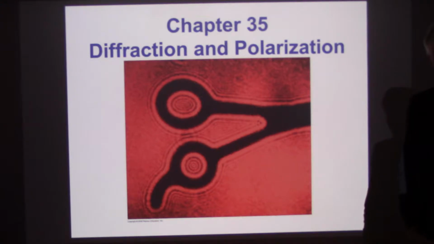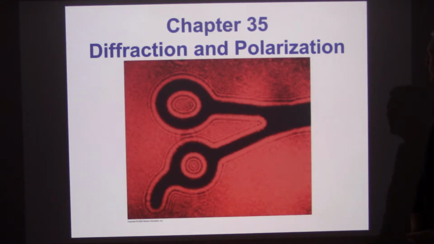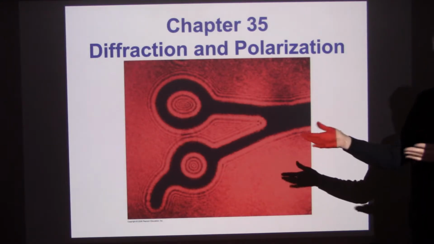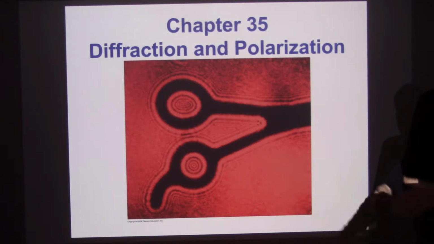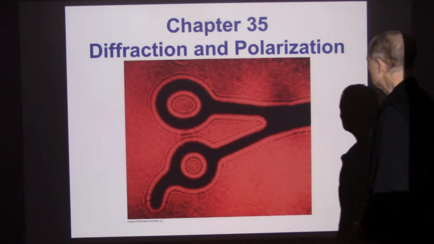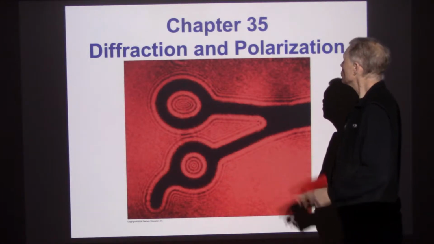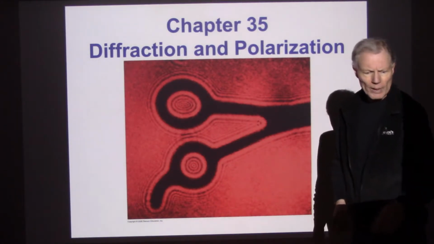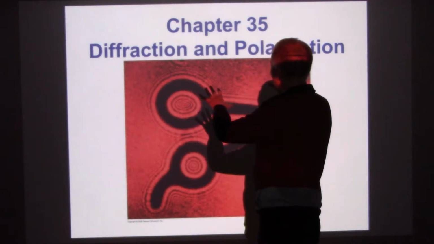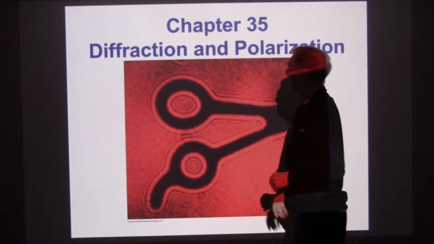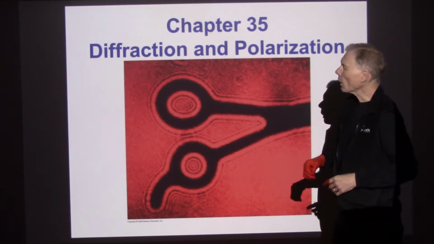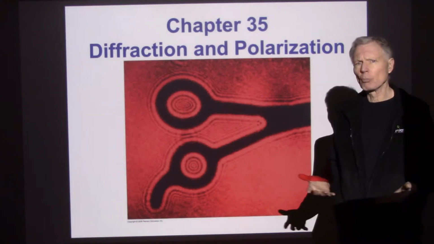We said light consists of photons, and that the photons are not following one definite path, but photons can follow many different paths at the same time, and that there's an interference effect that takes place between those different paths. So in Chapter 35, we are going to be looking at more than what the title is, more than diffraction and polarization. We're going to look at diffraction, and also we're going to go back and look at some multiple